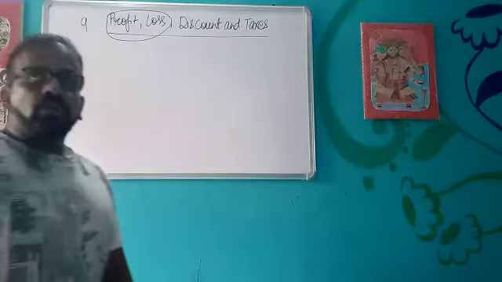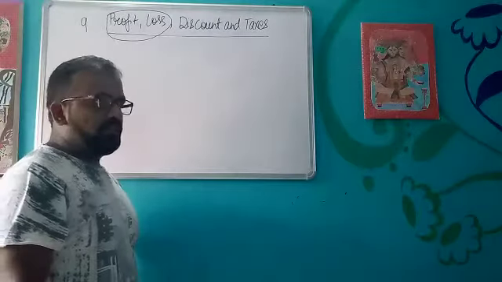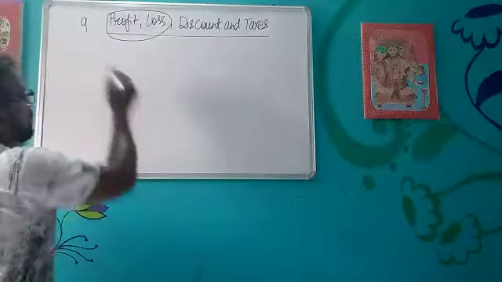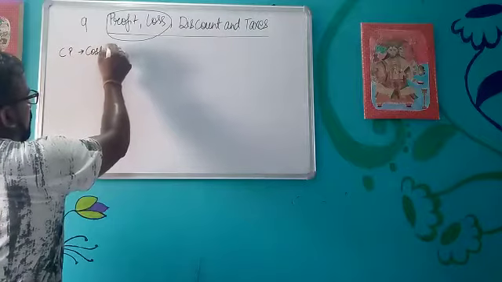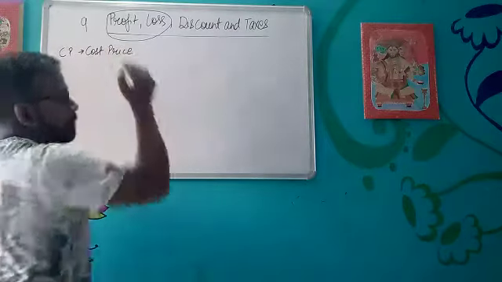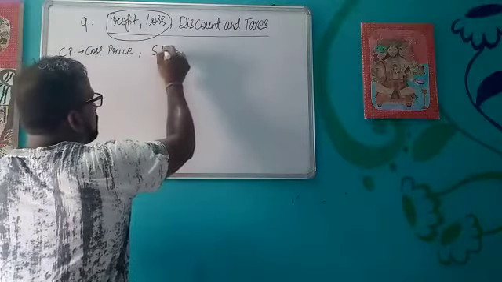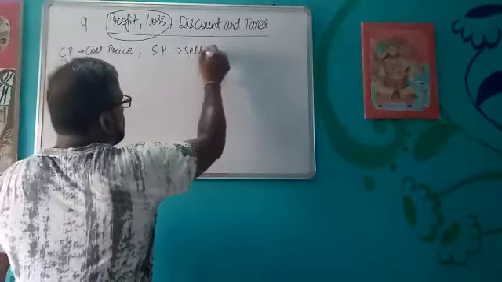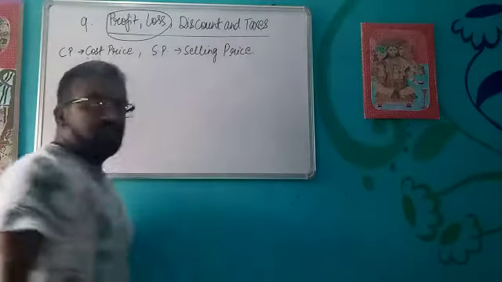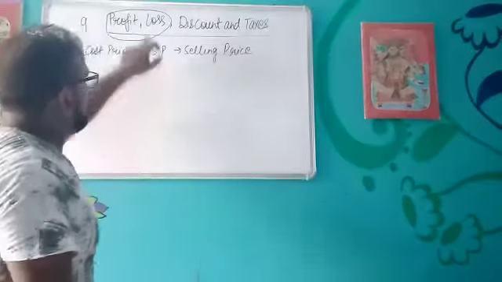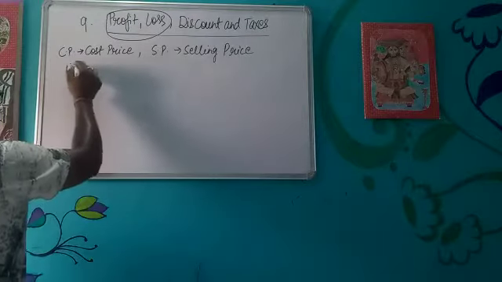Now before calculating profit and loss, two or three terms that we will be using very frequently in this chapter. The first term will be CP, that is cost price, and for the remaining chapter I will use CP for the cost price. Then we will study selling price, SP. Whenever we have CP and SP, then we study profit and loss. So first of all, let's see profit.